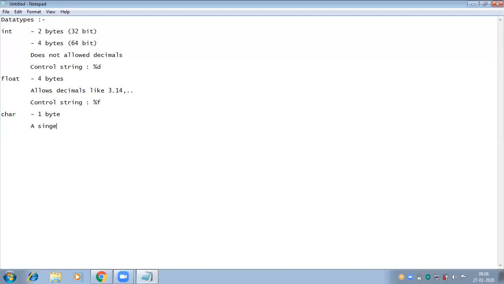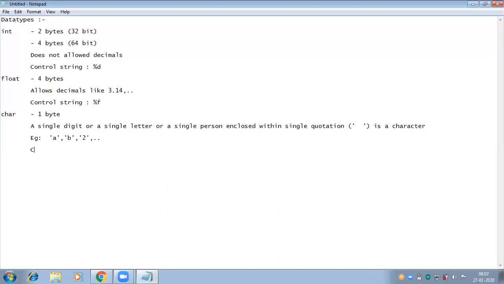A single digit or a single letter or a single symbol enclosed within single quotation marks is a character, for example like this. The control string for character is %c.